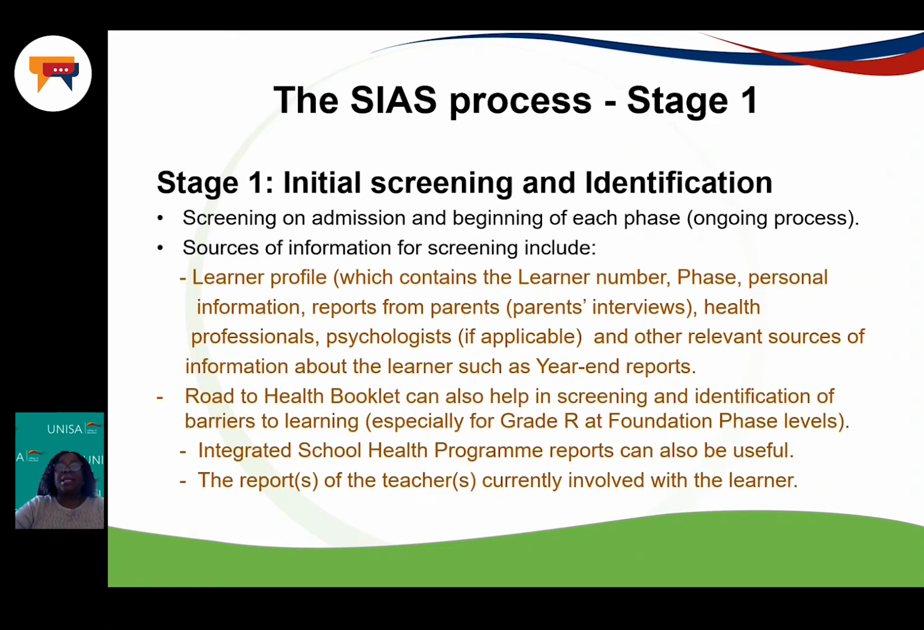So the SIAS process, stage 1. As I've already mentioned, we are going to learn more about stage 1 of the SIAS process. This stage, as already mentioned, is called the initial screening and identification. In this stage, screening happens especially on admission and at the beginning of each phase, which means it is an ongoing process. The sources of information for screening include